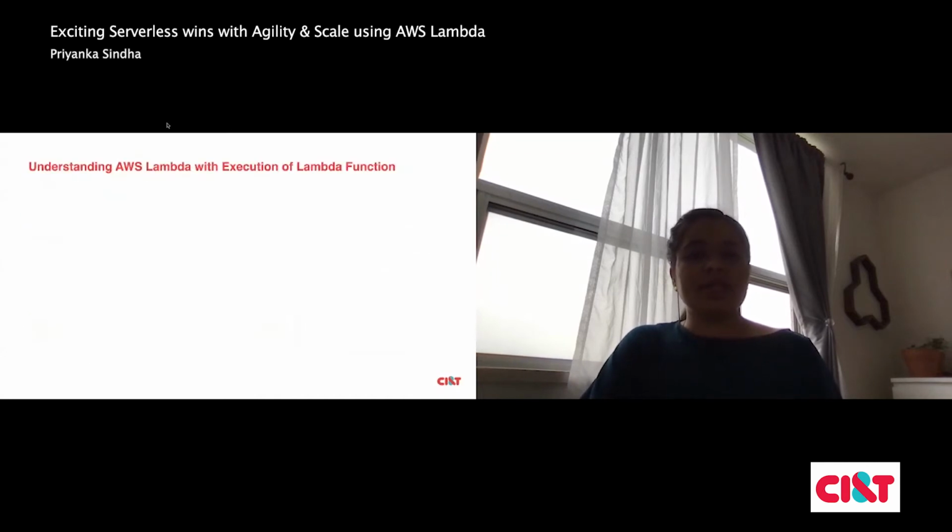Now, understanding Lambda, let's look at the execution of the Lambda function. I have a couple of examples here which I'm going to share with you. I have three examples. One is an AWS Lambda function with the package type image.